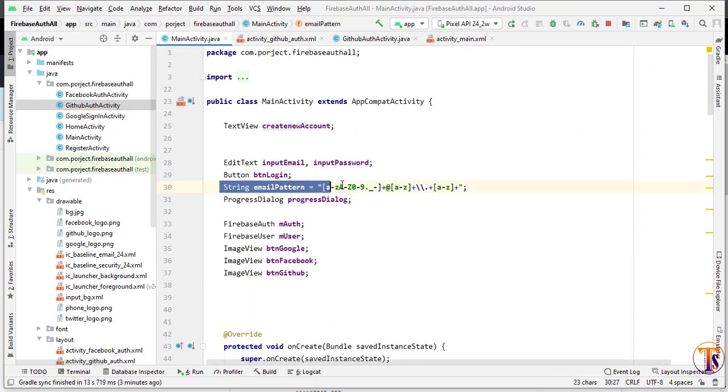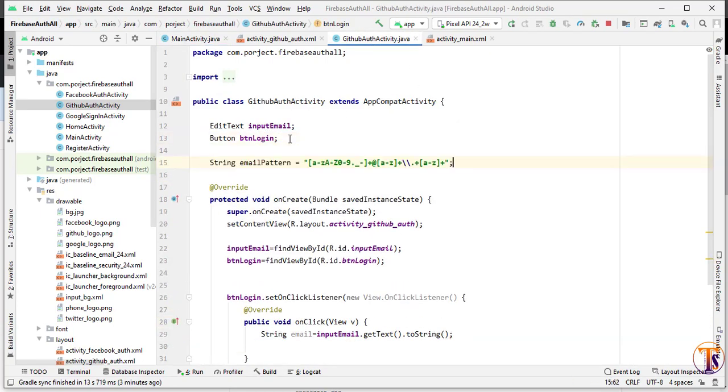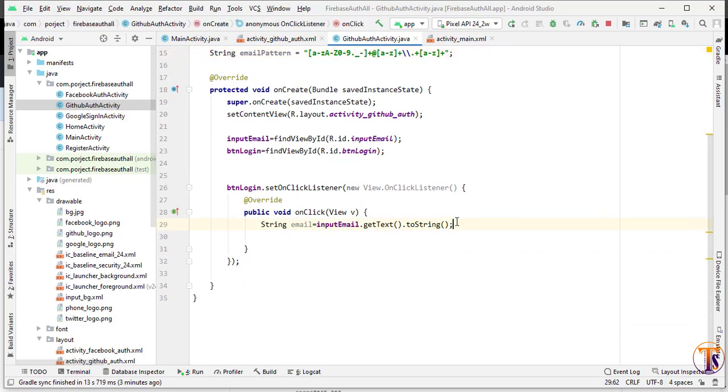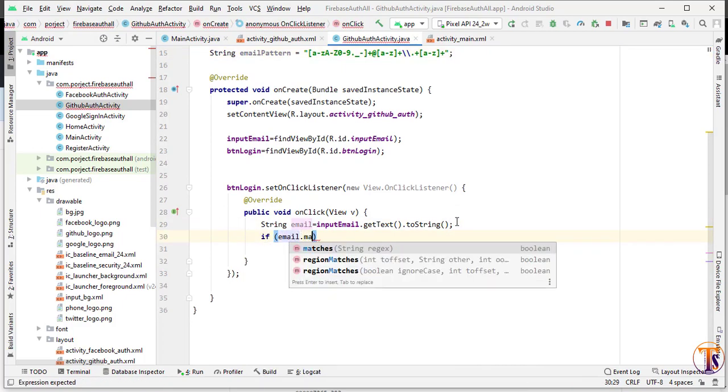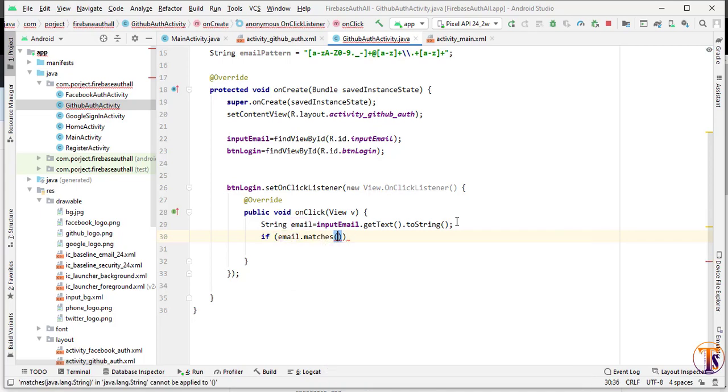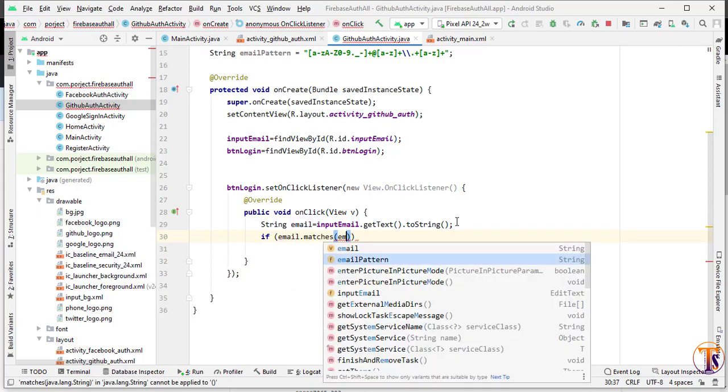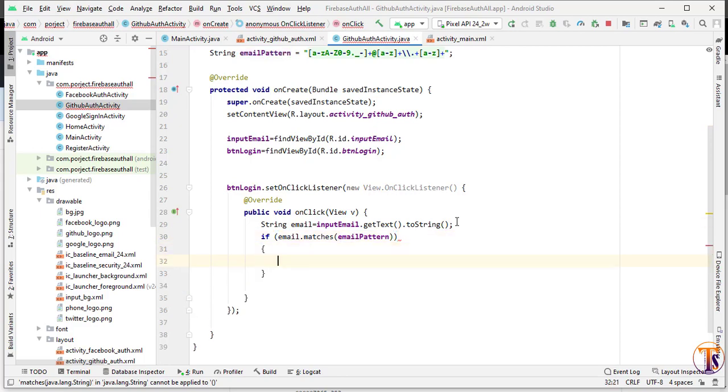Here we have the pattern of the email. I will just simply copy it, paste it, and match this pattern. So if email dot match pattern, here I will pass this email pattern. If it is not matched, we have to simply show a toast message, or you can set the error to edit text.